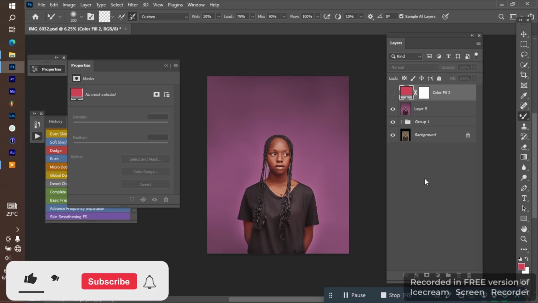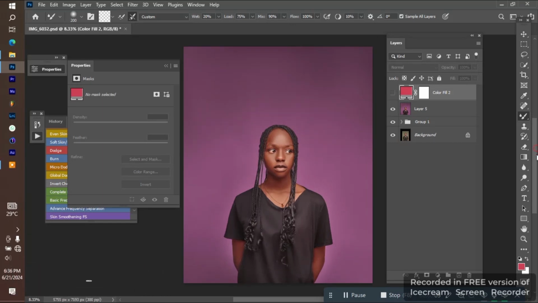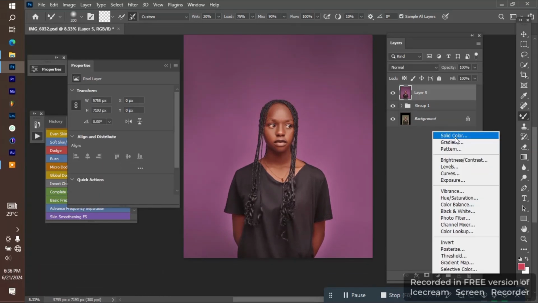How to add color to your model lips. Mostly you want to add color to her, maybe as if she put on what they call lipstick. Very fast. I will go to my solid color,